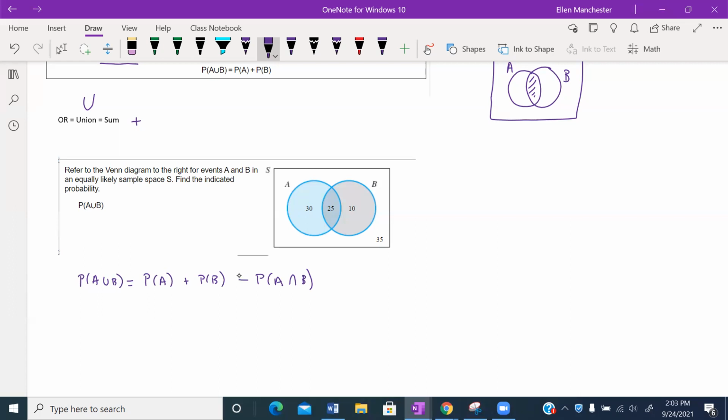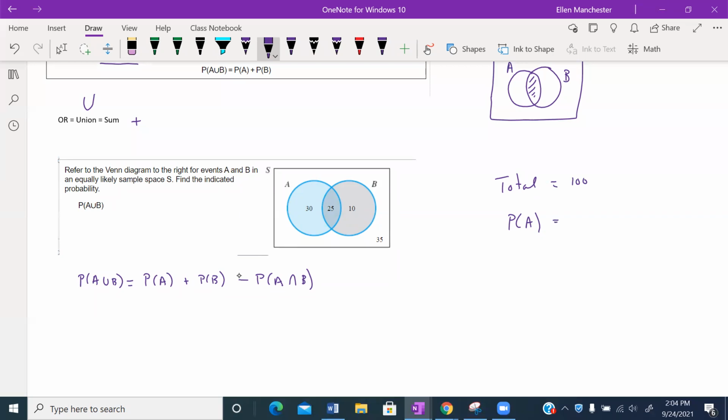Okay, so this is what you're going to see in MyMathLab when you ask to show an example. So now we're just going to go through and look at each section. We broke it down into parts. So the probability of A, well, the first thing we need to do is find the total, right? That's our denominator. So when we find the total, that means we're going to add everything up, including the 35 that's outside. So we want the total of the universal. So 30, 40, 55, 65, 70 plus 30 is 100. So we have a total of 100